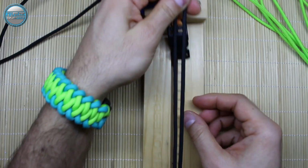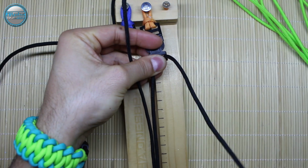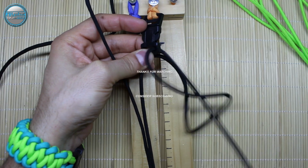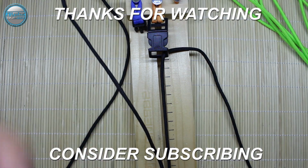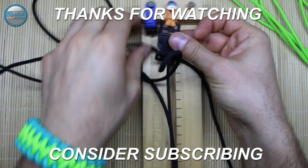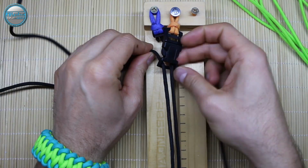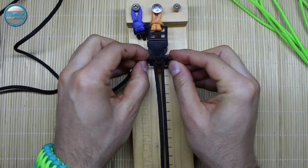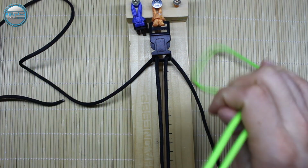Now we're gonna turn around and insert it from the top to the bottom like this. One side and the other. And this is it. Now we're gonna take the neon green, we're gonna find the center